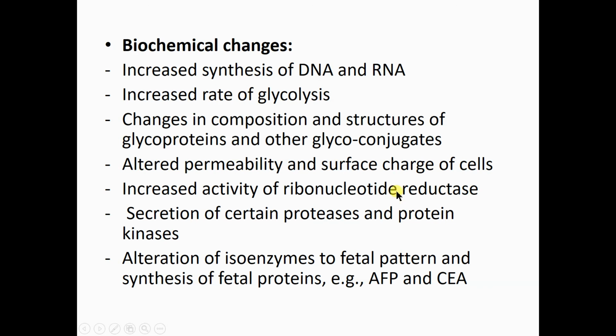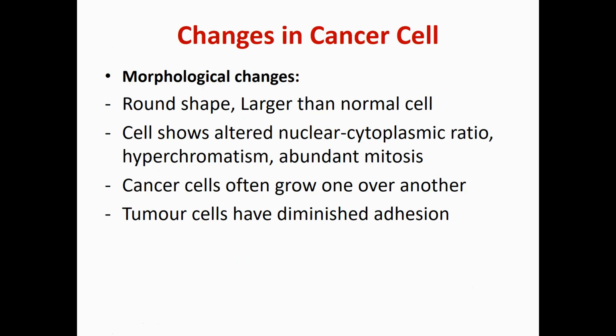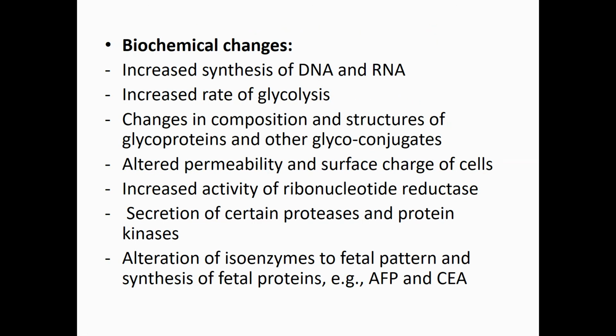Then altered permeability and surface charge of the cell. Increased activity of ribonucleotide reductase, so a large amount of ribonucleotide is converted to deoxyribonucleotide for DNA synthesis. Then secretion of certain proteases and protein kinase enzymes, which leads to cell division. Then alteration in isoenzymes to a fetal pattern and synthesis of fetal proteins, which we have seen under the oncofetal antigens like alpha-fetoprotein and carcinoembryonic antigen. So this was about the changes in the cancer cell, like morphological changes and biochemical changes. So this completes our today's